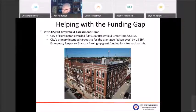And so we're able to use those grants anywhere in the city, but we primarily had a closed down asbestos manufacturing plant that we were really hoping to spend the lion's share of those funds on. We lucked out by all means in that the asbestos site was taken over by EPA's emergency response branch. So all of a sudden we have additional funds that we were planning on using there that we're able to